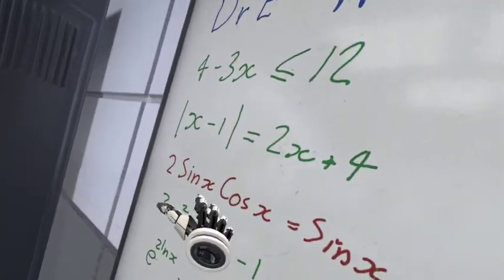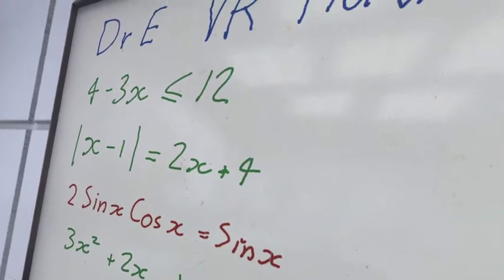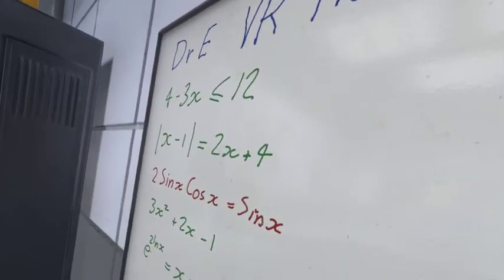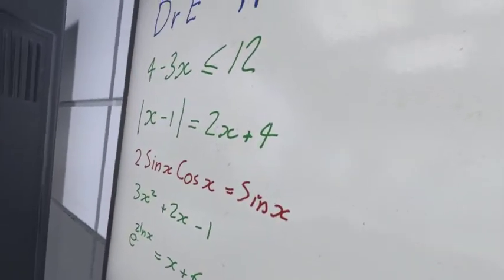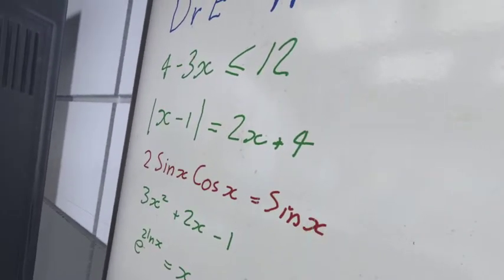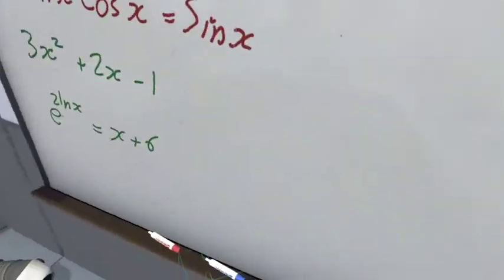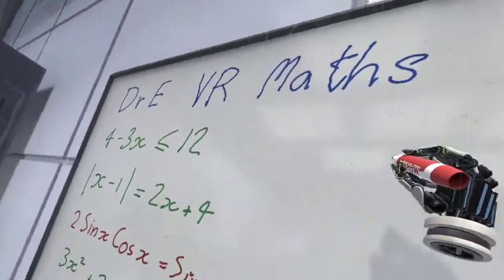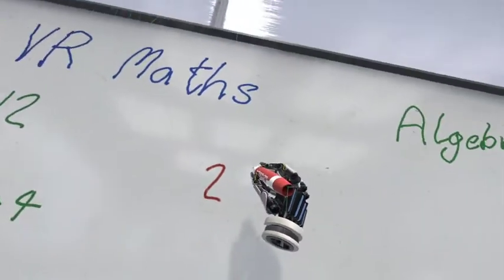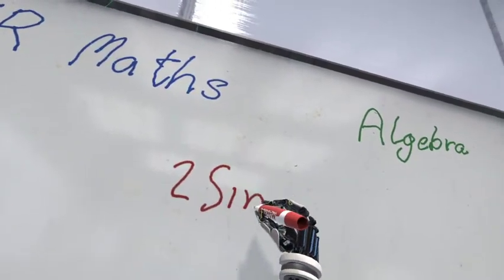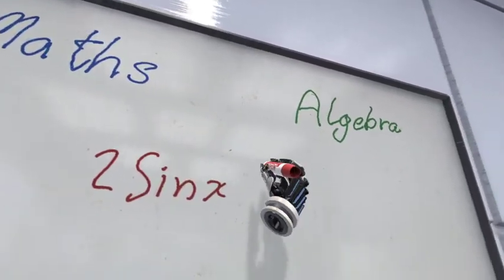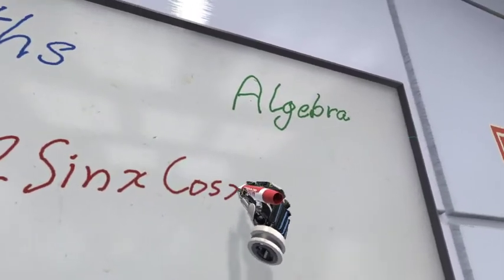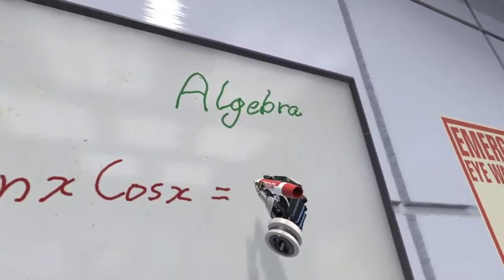Now I've listed this as algebra, but I have included this question here in red. 2 sin x cos x equals sin x, and I've deliberately listed algebra. Now I know it is trigonometry, but your first step here should be thinking in terms of algebra. Okay, so we do this one in red so that you know. So you've got 2 sin x cos x equals